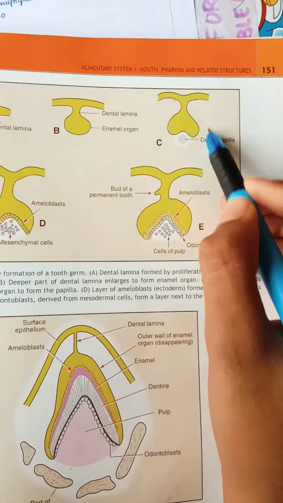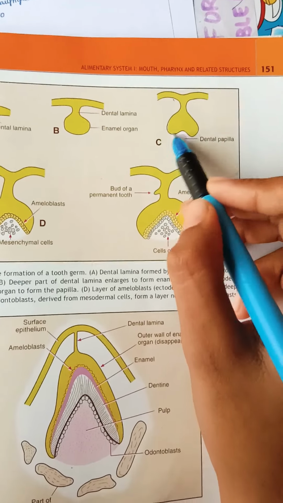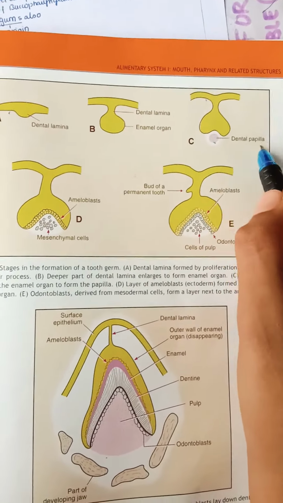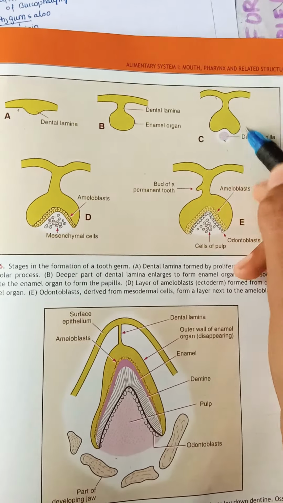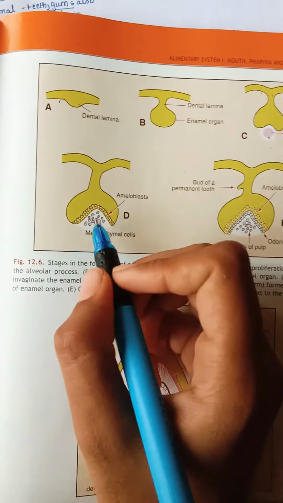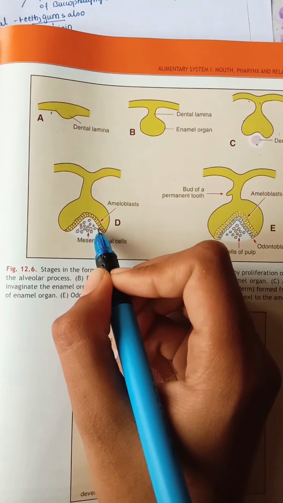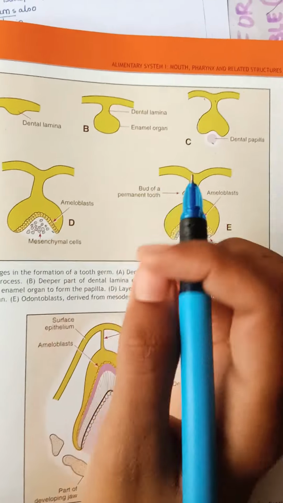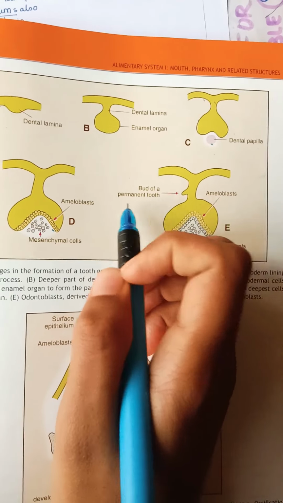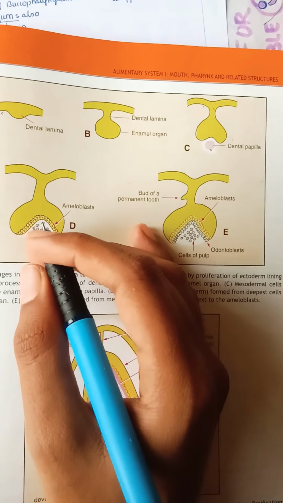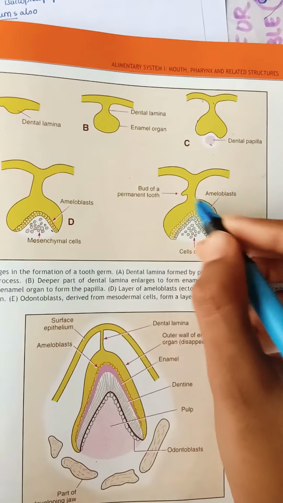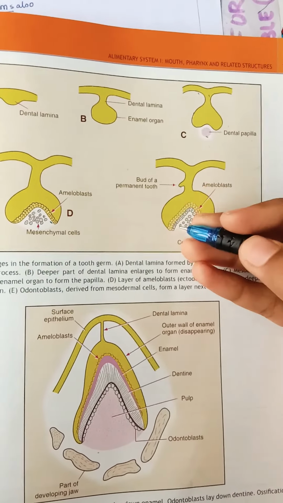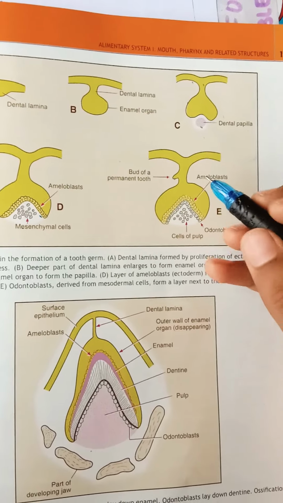And here you can see the dental papilla cells are aggregated, they form a mass or colony over here, and this is the enamel organ. And now lining to this, the ameloblast cells are formed, and here the mesenchymal cells are formed, and both form the bud of a permanent tooth. Actually, permanent tooth and milk tooth: this is a milk tooth first, and medially we have the permanent tooth. After losing of the milk tooth, this permanent tooth comes and it stays lifelong in a person.